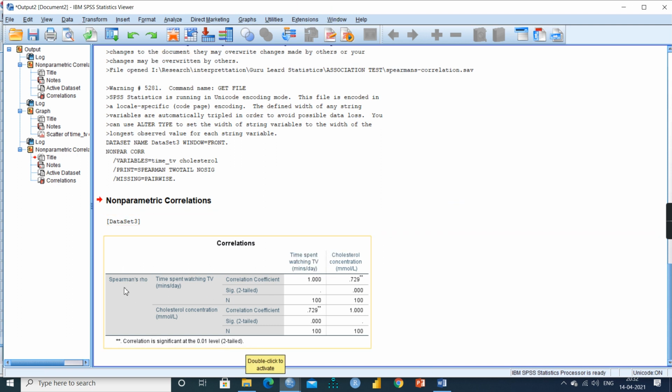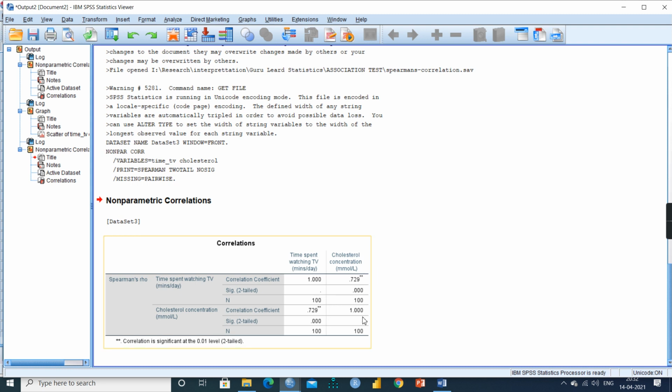From the output, it is a non-parametric correlation because Spearman's test is mainly used for ordinal variables. If we analyze the relationship or association between ordinal variables, it generally comes under non-parametric. Even for continuous variables, or continuous with ordinal, Spearman's correlation does not warrant normally distributed data. So it comes under non-parametric correlation, where we can find the significance.